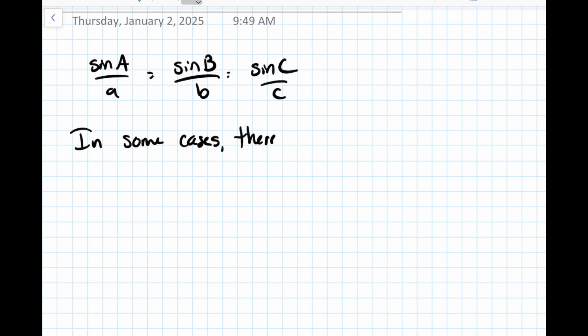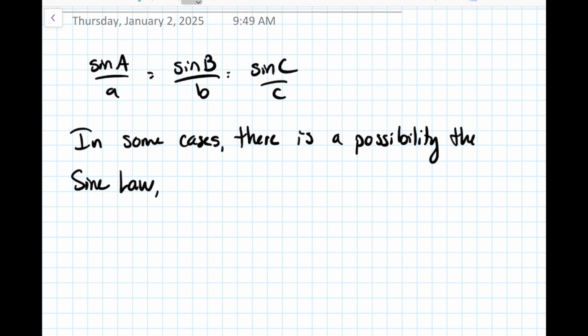There's a possibility, depending on how your triangle is set up and what information you're given, that the sine law will have 0 solutions, or 1 solution, like we saw in the first video, or 2 solutions. 0 and 1 are both pretty easy to deal with because, well, 0 solutions means you just don't have to do anything. 1 solution is what you already saw, but 2 solutions is going to be quite a bit more